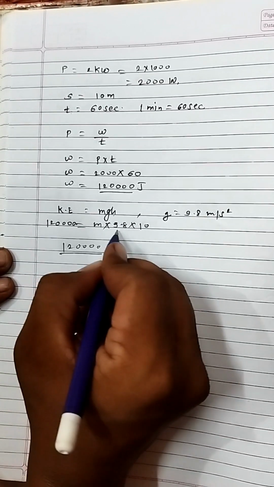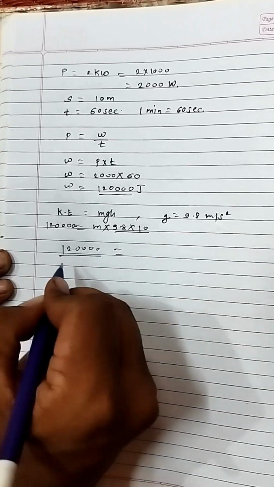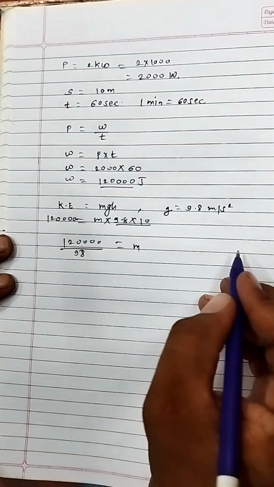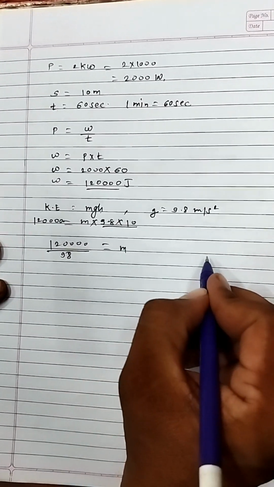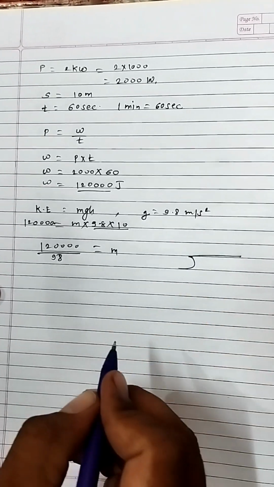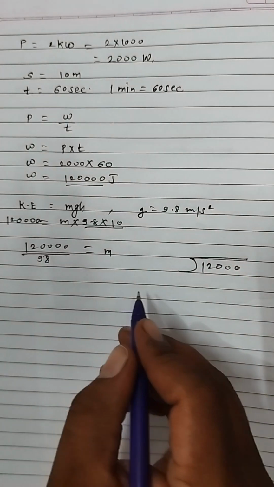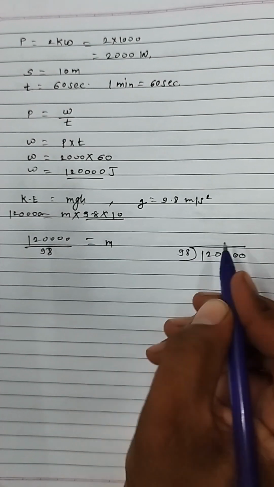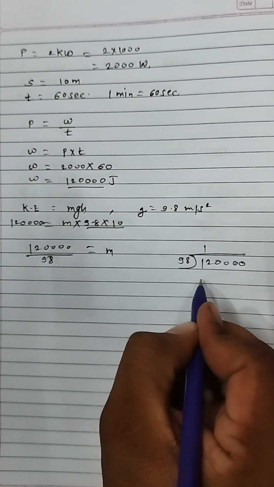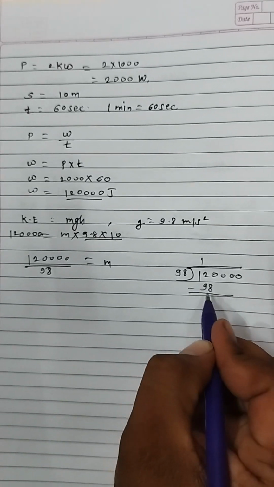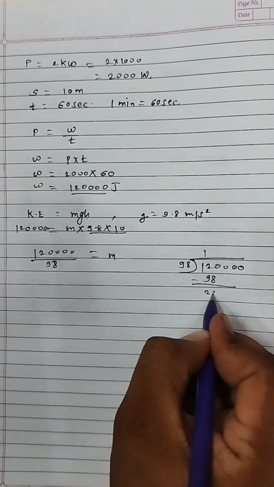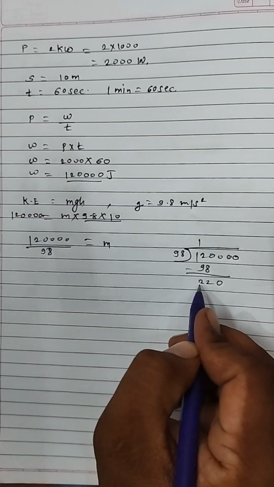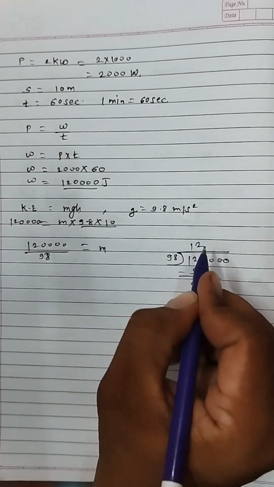So what we'll get here, you can consider like this: 1,20,000 joule is equal to 9.8 multiplied by 10, we'll get 98, and here we'll get the m. So how to find this mass now? Here you should know the multiplication. Now 1,20,000 divided by 98. So 98 ones are 98. If you subtract, you will get 22. Here one more zero we have taken. We got 220. 98 twos are